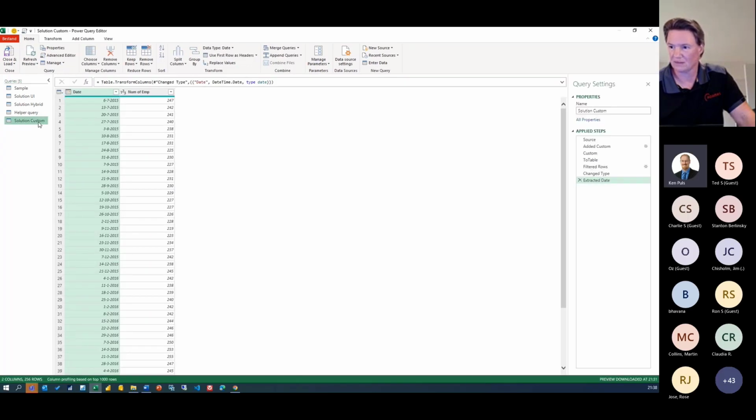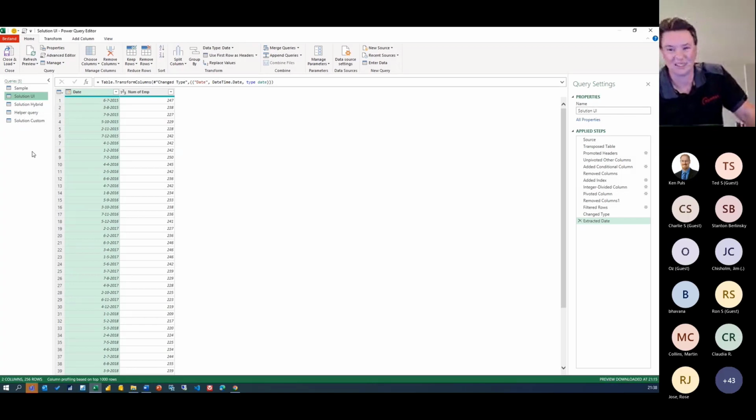Josh is asking, he says, awesome to see the three approaches. As a novice user that sees several moderately sized data sets, less than 100,000 rows each day, which approach would you recommend for quickly transforming the data set? All right, so novice user, which approach would you recommend? The UI, definitely. Always start with the UI, get your head around it, and then start making modifications. Unless you hit a wall and you need to do something on performance, just get comfortable getting to know the UI. There's no shame in that. Absolutely not.